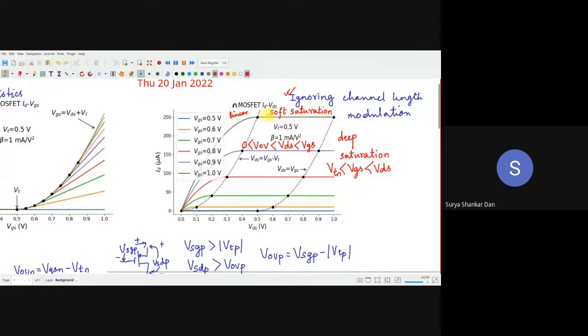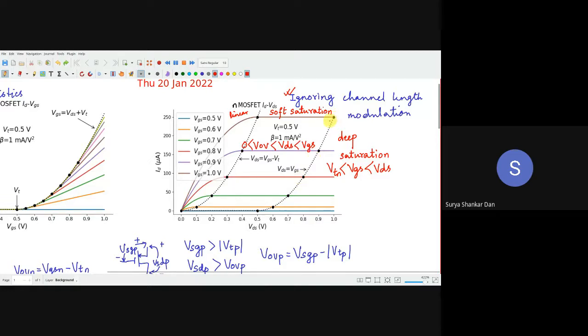So all I'm suggesting is that the saturation region remains the same. This entire region is the saturation region. The only thing I'm telling you is that for a special class of analog IC designs, I am not telling the names right now, or how to design, or how this deep saturation can be attained, all those things I will explain later. Just keep in mind, this is probably a new concept: in addition to the VDS equal to VOV line, in modern technology we also consider the VDS equal to VGS line.